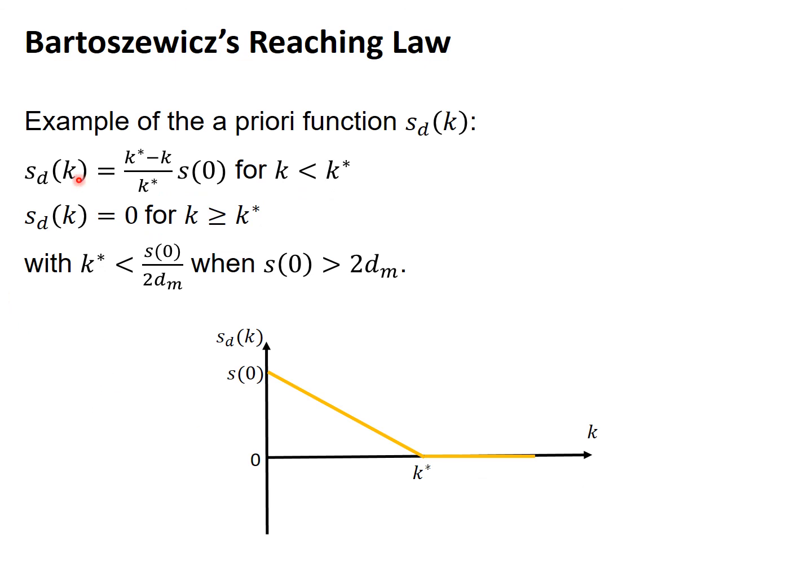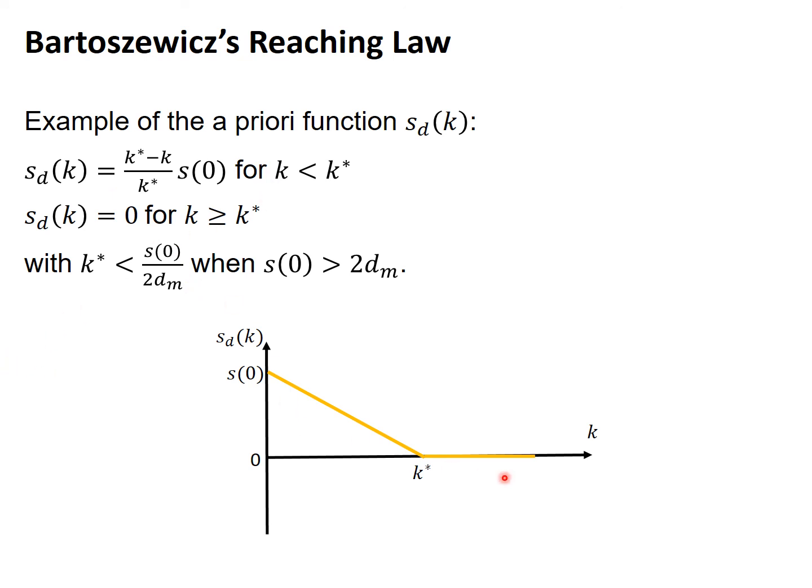He also proposed an a priori function like this. So in the paper where he formulated this reaching law, he has also proposed an a priori function. The a priori function is like this: SDK equals (K star minus K) by K star times S0. If we have a function like this and K star is less than S0 by 2dm,